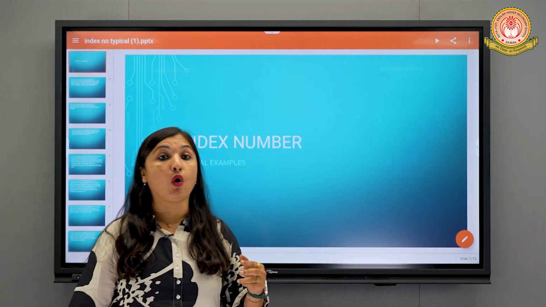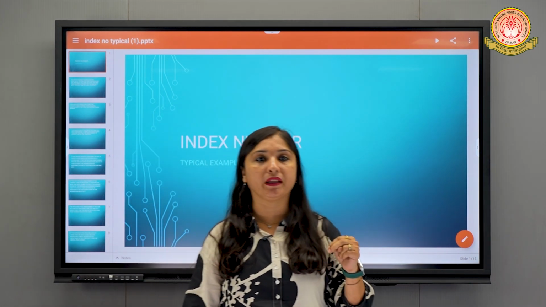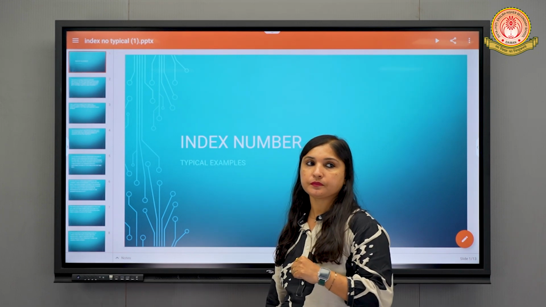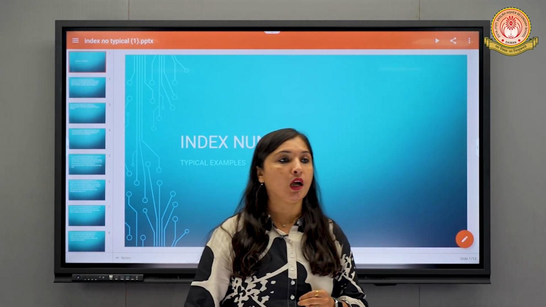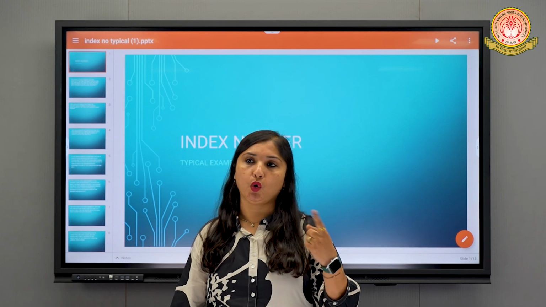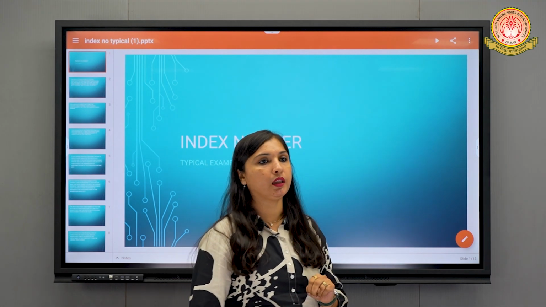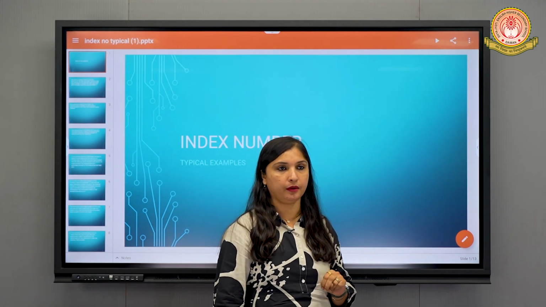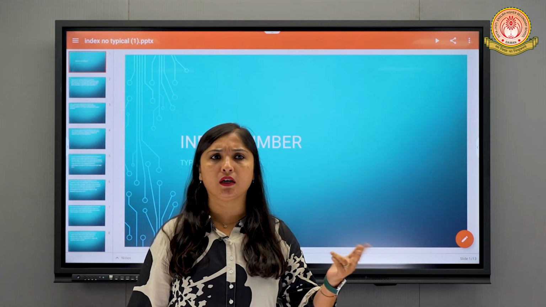And then we did cost of living index. Cost of living index again can be found by two methods. Which were the two methods? Family budget method, yes, very good, and total expenditure method. Total expenditure method and family budget method were the two methods that we learned for the cost of living index, right? So these are the many formulas we learned.